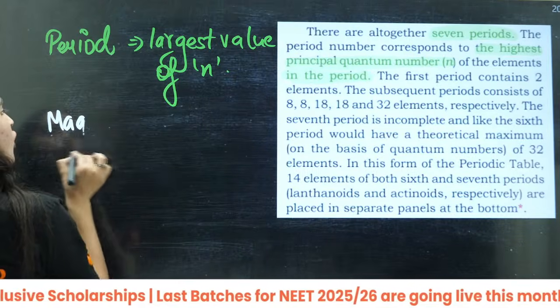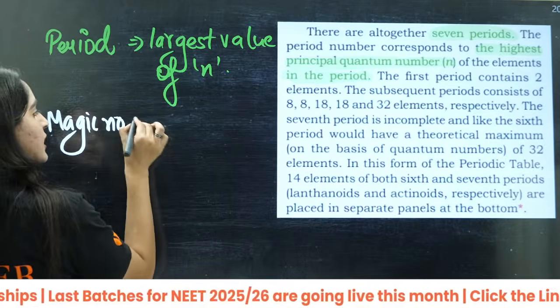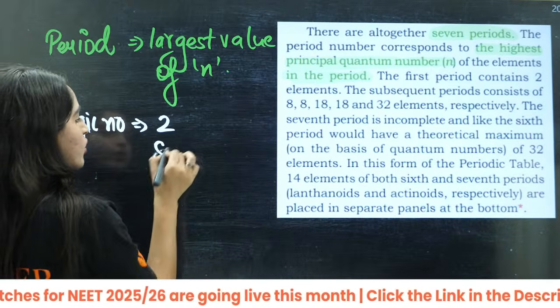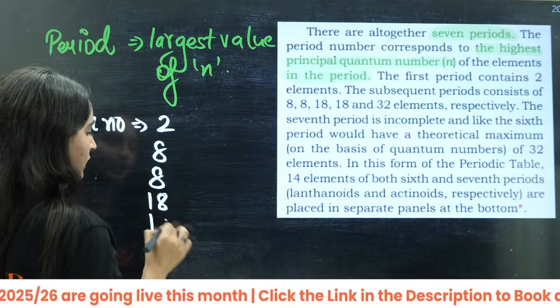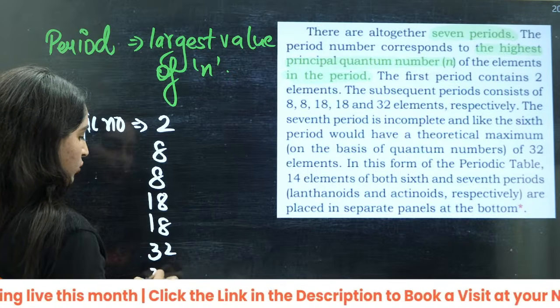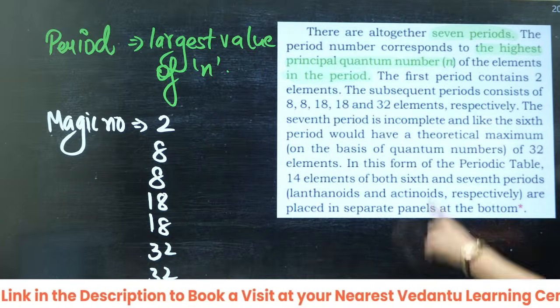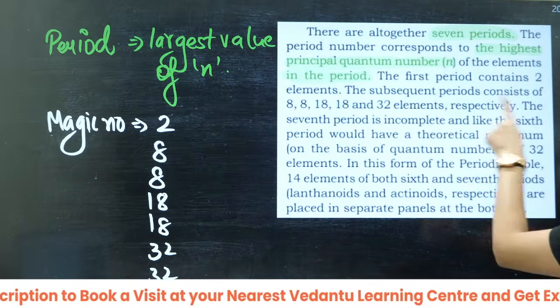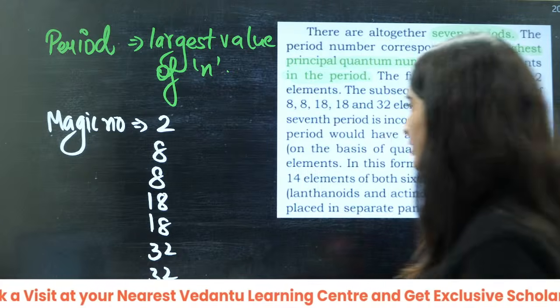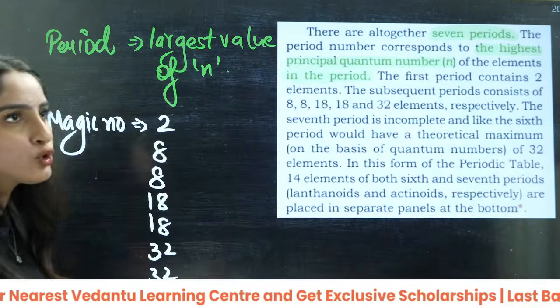Now basically he is talking about magic numbers, right? Magic numbers are 2, 8, 8, 18, 18, 32, 32. So what he is saying is that the subsequent periods are 2, 8, 8, 18, 18, 32, 32. Now basically if you add these things,